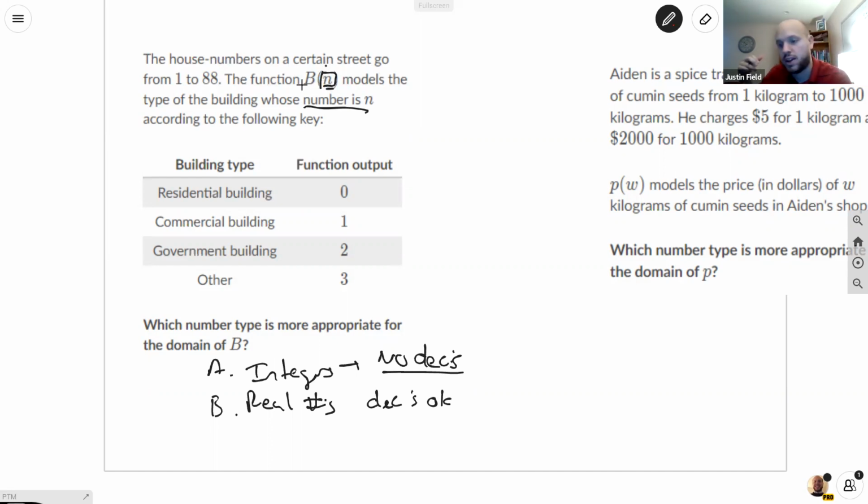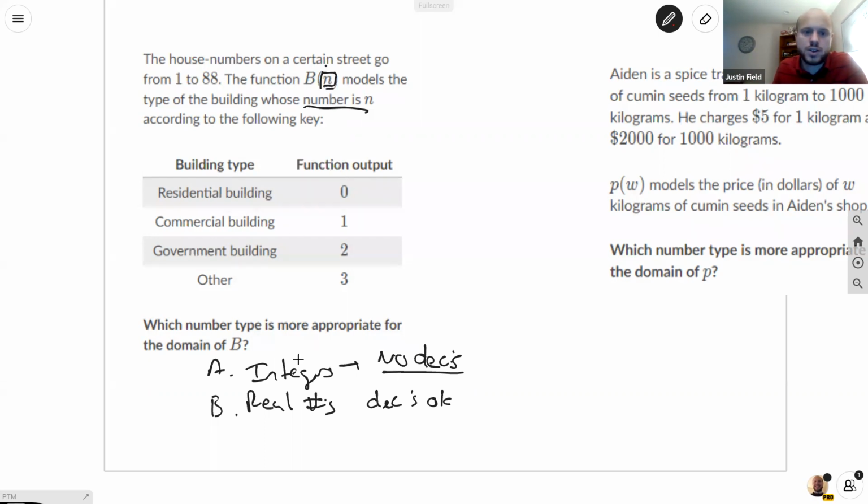Well, I live at 1488, but I don't live at 1.482, something like that. There's no decimals in addresses, but maybe there could be. Actually, I do have a cottage in Michigan, and there's a half in it. Sometimes you get a half, but generally, and in this problem, we're not talking about that. We're talking about the fact that building numbers, and it says from 1 to 88, so it's telling us